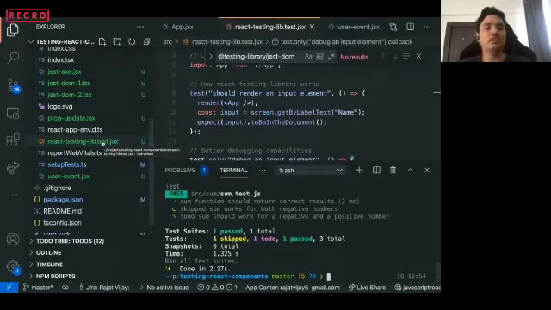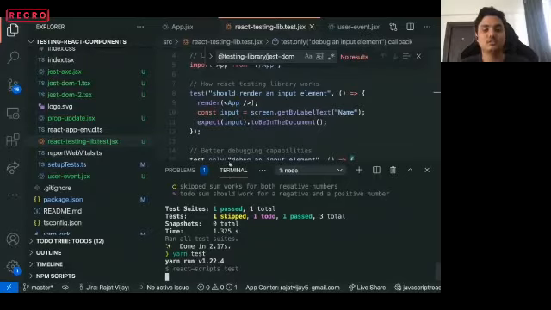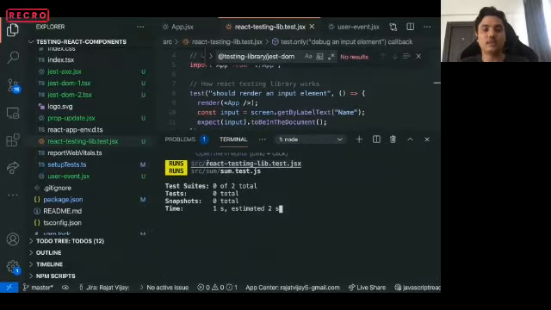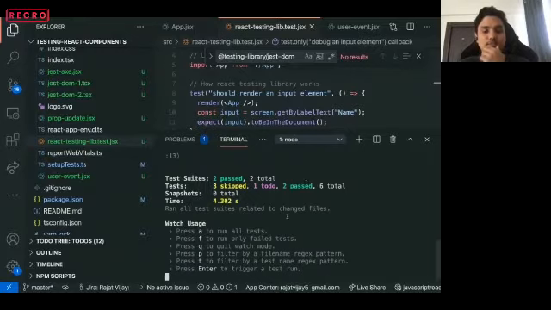There are other things like: all of the files inside a __test__ folder will be considered test case files. All of the files having .spec.js are considered test case files by Jest. So Jest simply looks for all of the files that agree on these criteria and starts running them. To run this test case file, I'll just rename it to add a test suffix, and if I do yarn test, now it's running my React testing library.test.jsx.